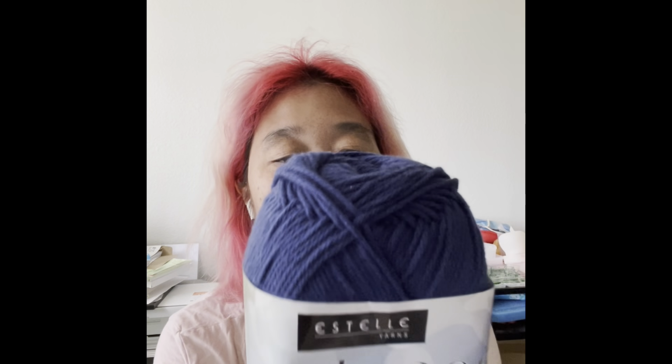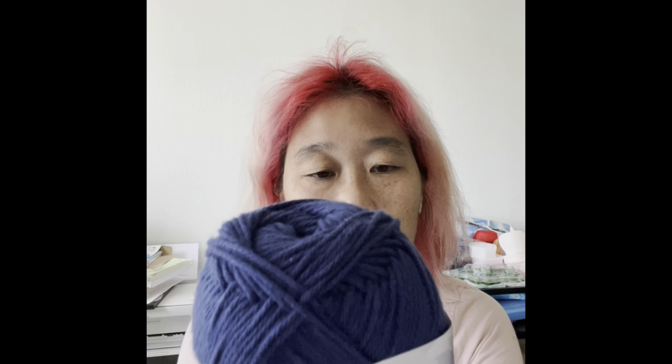Because I always get things that are different, that are fun. I have yet to get really anything that is boring, or I don't know, necessarily boring, but that I don't necessarily like. It's always interesting. So okay, I got 1 skein of this Estelle Yarns Suds 200 crafting cotton in the color